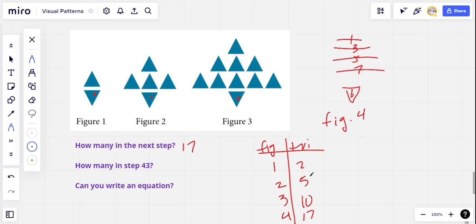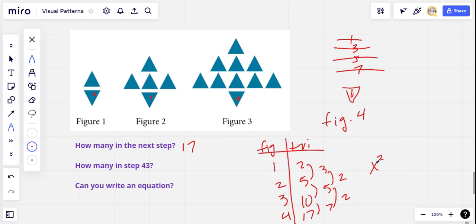When we analyze the numbers like this, we take the difference between each step. 5 minus 2 is 3. 10 minus 5 is 5. 17 minus 10 is 7. And we're not getting a constant here. So the difference is changing from step to step. This means it's not a linear pattern. If this was all the same number, it'd be linear. When we find that they're different, we can try taking the difference of the differences. 5 minus 3 is 2. 7 minus 5 is 2. If that second order difference is the same, then you know it's a quadratic pattern, something with x squared in